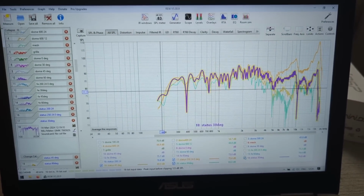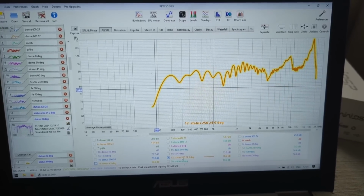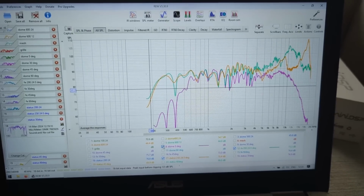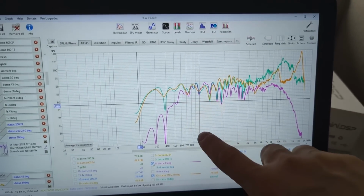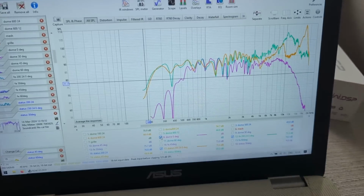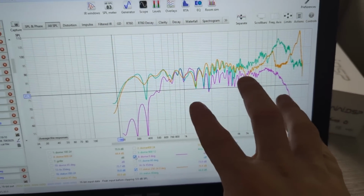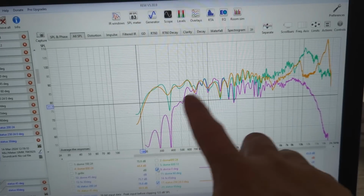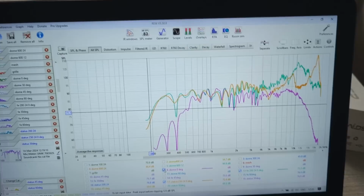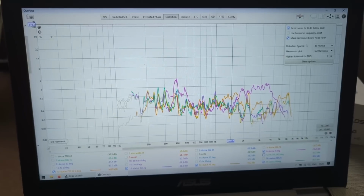I tried to measure all of these drivers at the same level. This is the on-axis response of the Status, the Faital Pro, and the Morel dome. You can see the response at 1K, because this one kind of centers at 1K. It's about 90 dB at 1K. The response is different. The dome rolls off because I had to choose different crossovers, but the level is kind of similar. So if we go to overlays and have a look at the distortion,